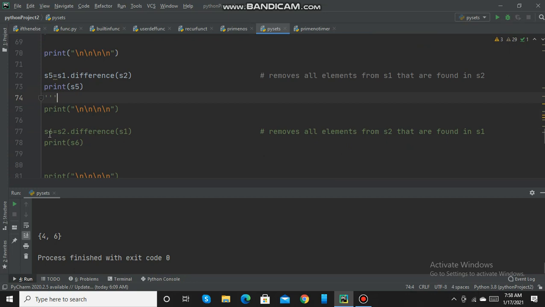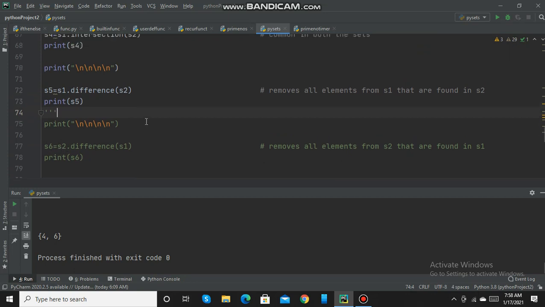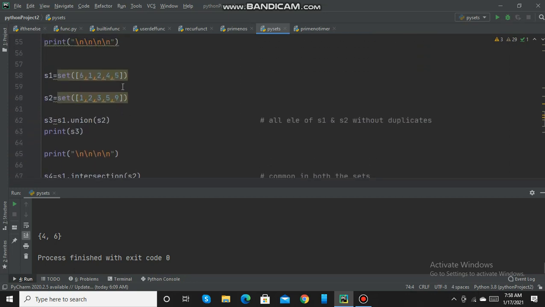Now we will print the other way around, S2 difference S1. That means present in S2 but not in S1. So those elements are 3 and 9. 3 and 9 are present in S2 but they are not present in S1.